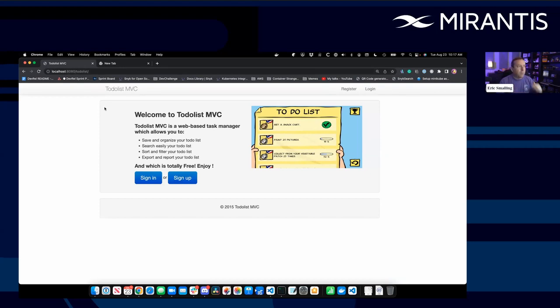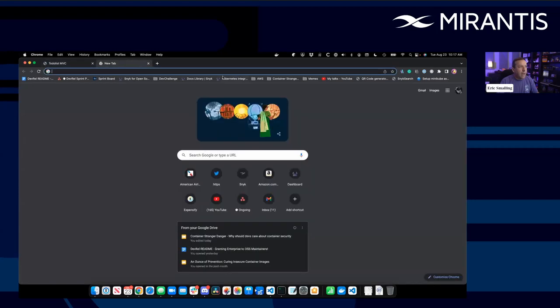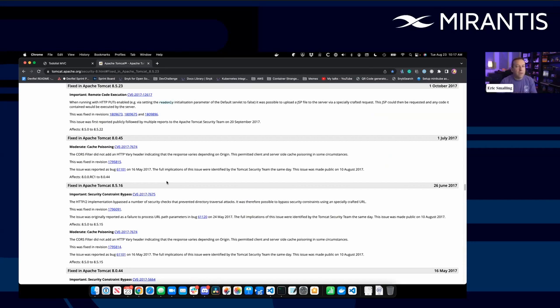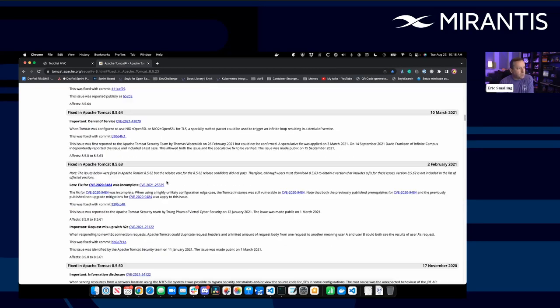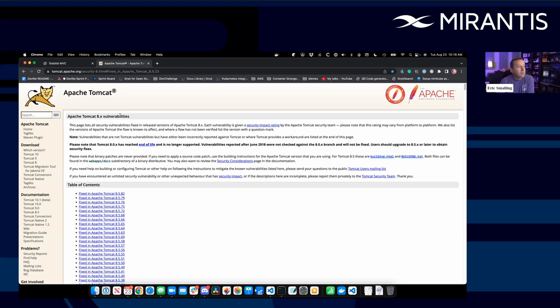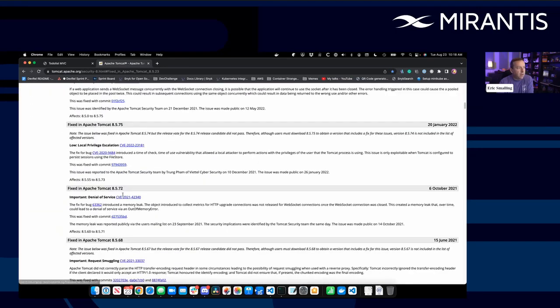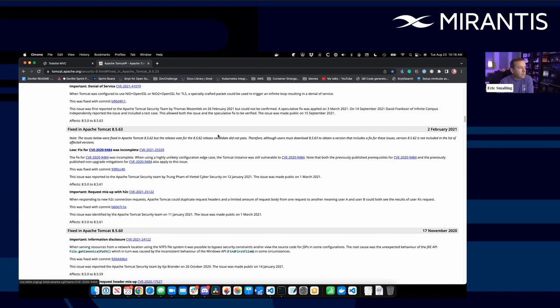So let me put on my black hacker hat. As a bad actor, I'm often investigating, looking for application vulnerabilities in commonly used middleware. And Tomcat, being a web app JEE server, has this page listing Tomcat 8 vulnerabilities that they've fixed through the years. And you can see that there are a lot of changes that have come in over the years.